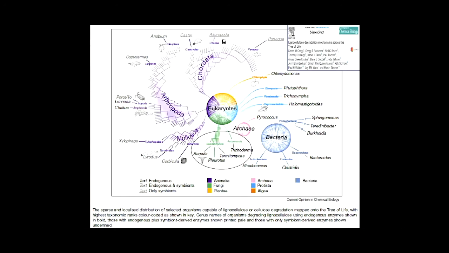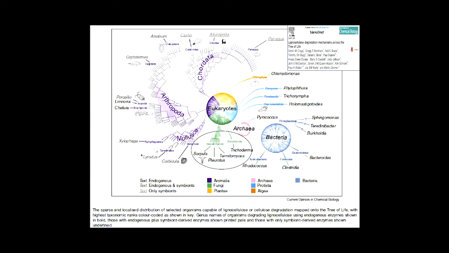Today, we're just going to talk about this tiny little fraction that's right down there. But there's a lot of different organisms that decay wood or at least digest wood, ranging from the beaver up here. And you think, well, beavers don't really digest wood. They chew up trees, sure. But they do actually, through symbionts, get some nutrition from the wood.